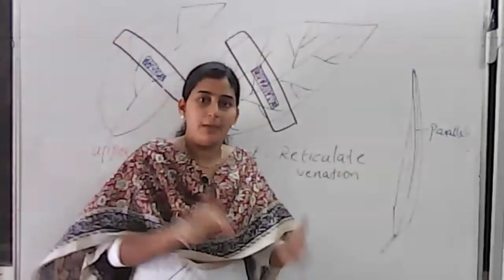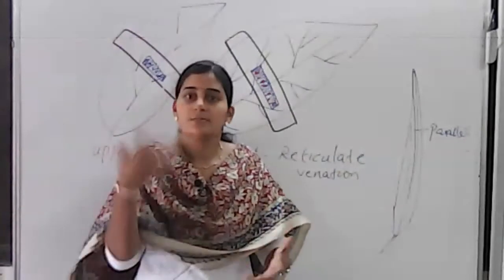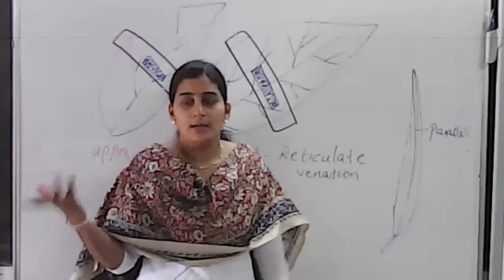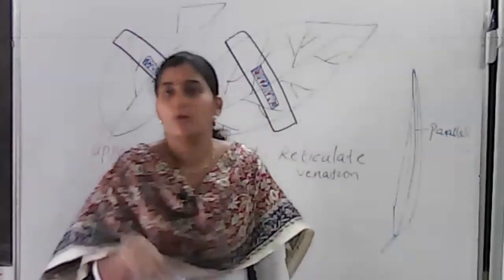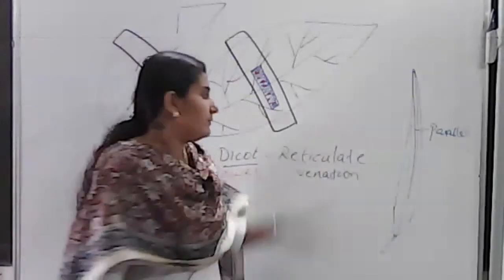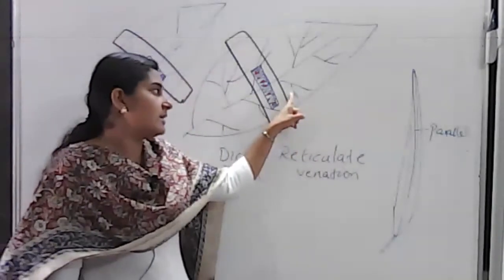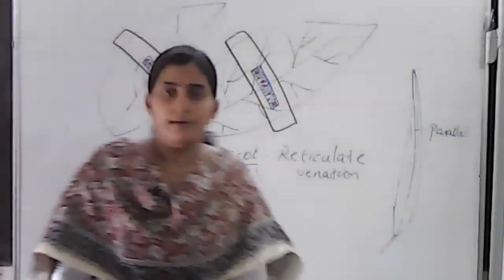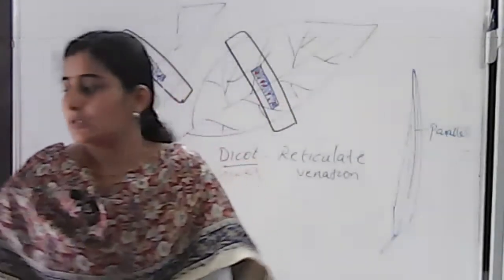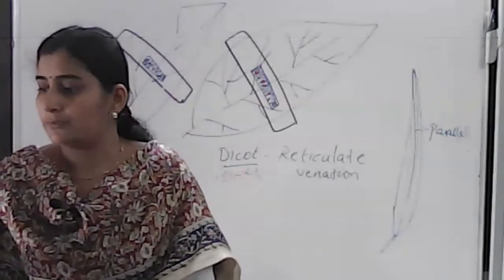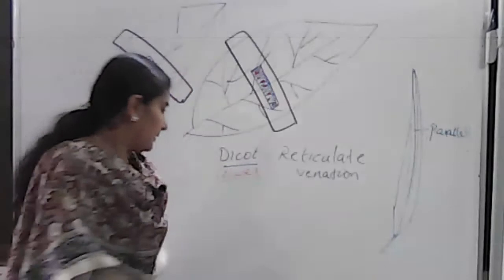But in case of mango, which are the familiar trees? Most of the familiar trees are teak, then what else? Almost all the plants which you see around you have reticulate venation, where the number of stomata will be more on the lower surface compared to the upper surface. So by reading the next part you can get the remaining part.